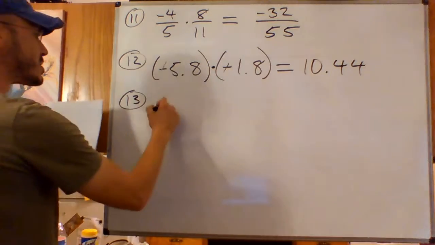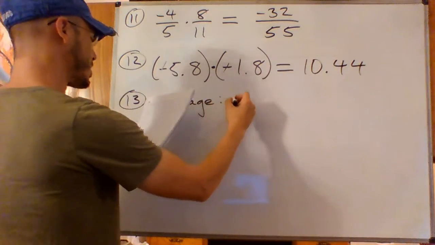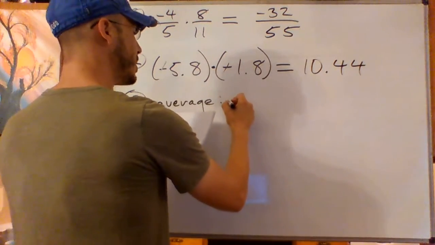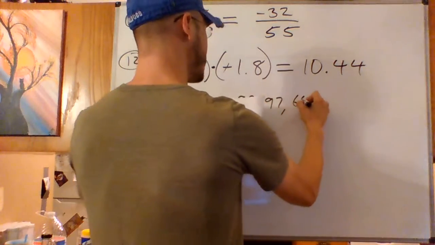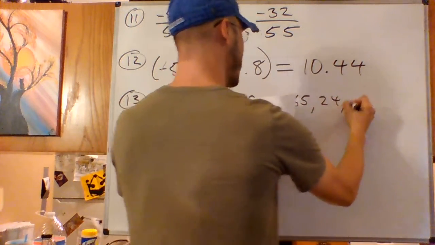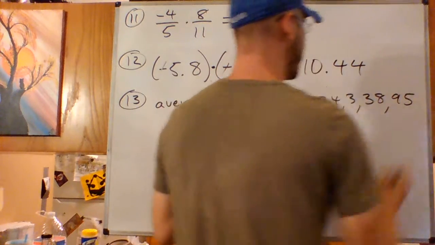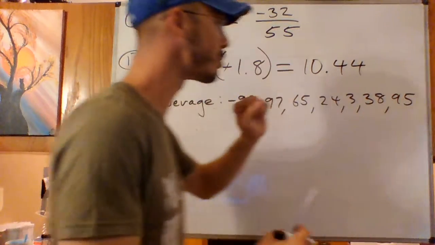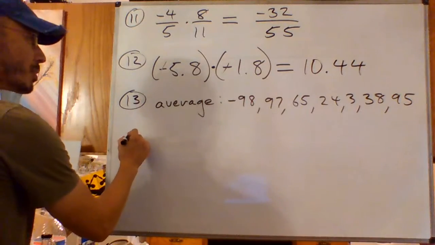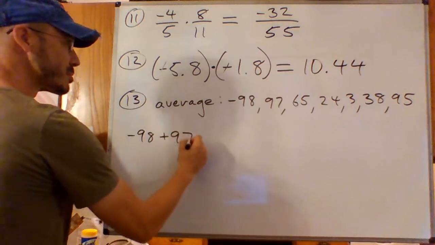13 is another average problem. I'm supposed to average the numbers negative 98, 97, 65, 24, 3, 38, and 95. So that's 1, 2, 3, 4, 5, 6, 7 numbers. I'm going to add them all up. You may not even really need to write this expression down,